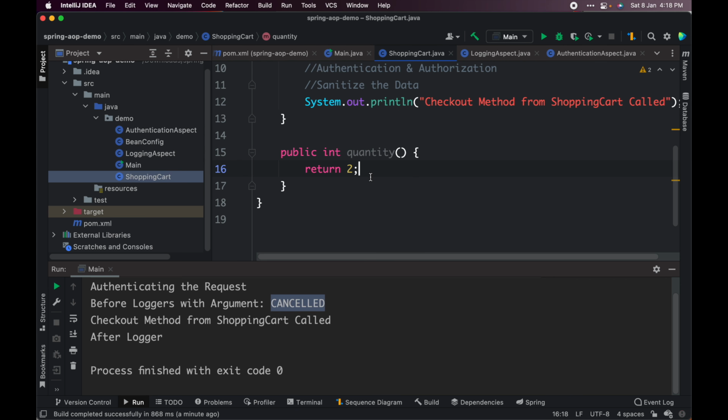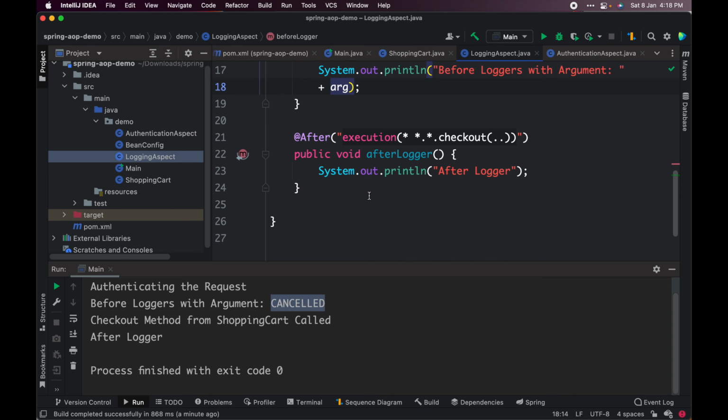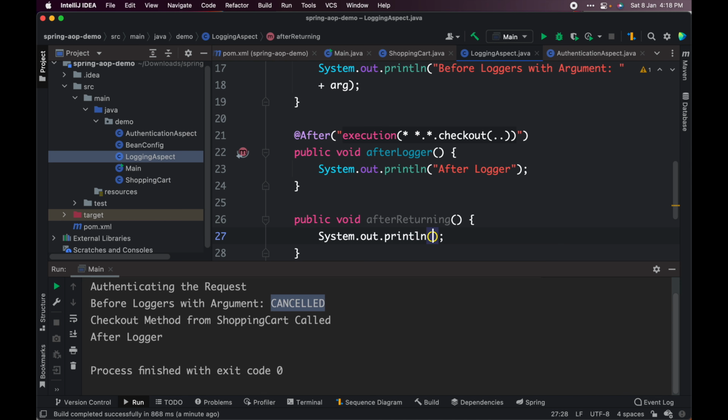So whatever has been written over here, if we want to access that, we can access using the after returning annotation. So let's go to the logging aspect. Let's create one more method, public void after returning, and I can just sys out after returning.